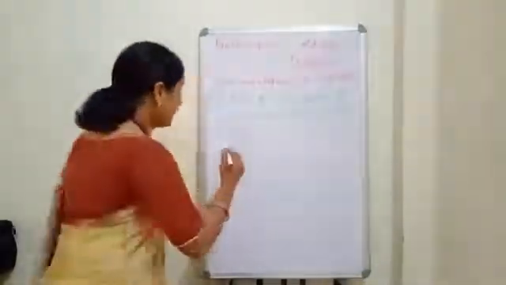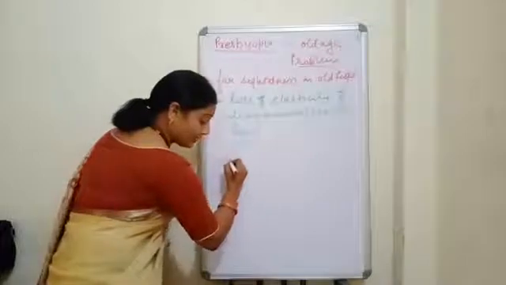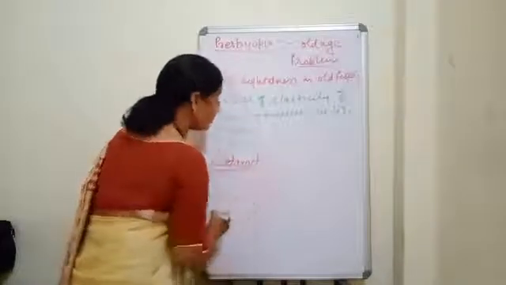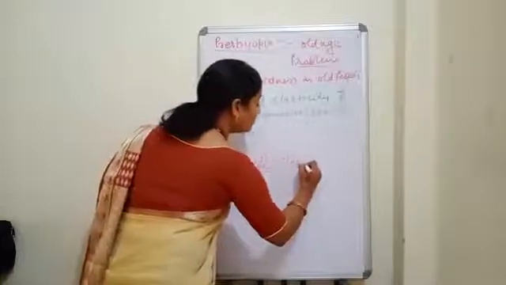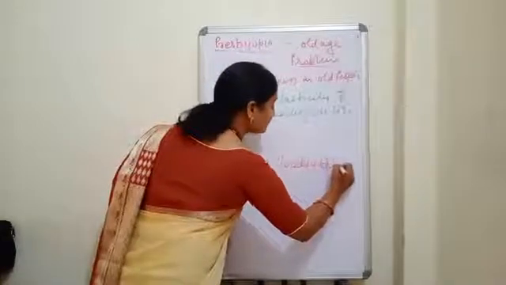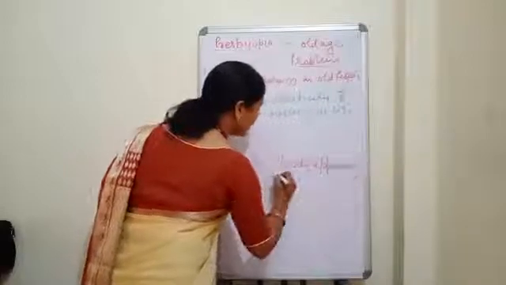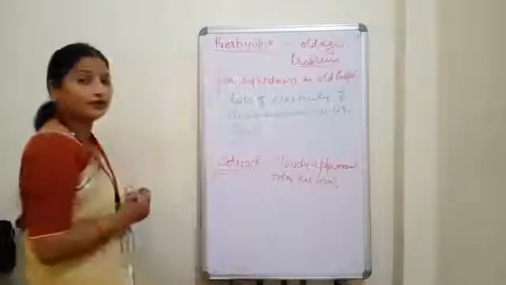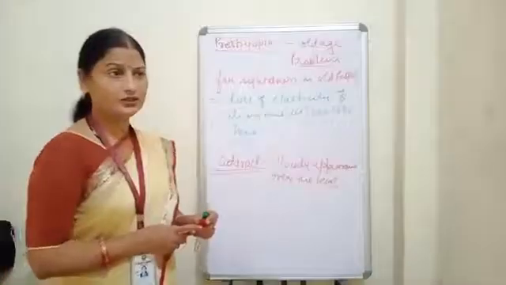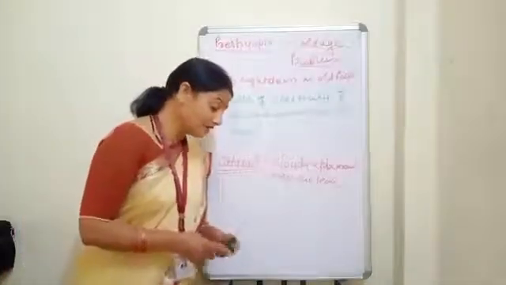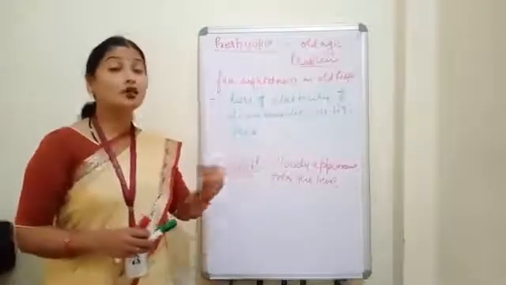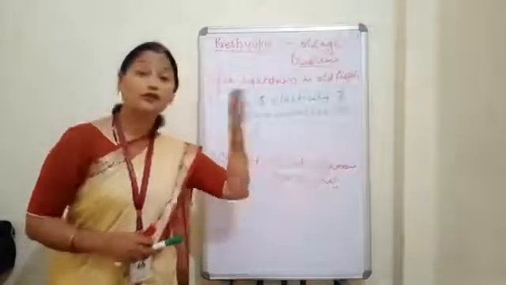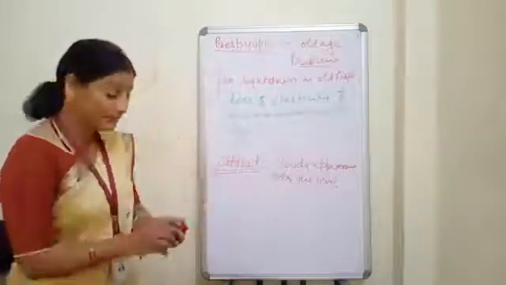Your next disease is cataract. Now cataract, children, is a cloudy appearance over the lens. This is also very common in old people. Okay, so what happens in this case? The lens turns opaque because of the formation of a cloudy appearance over the lens. The lens becomes